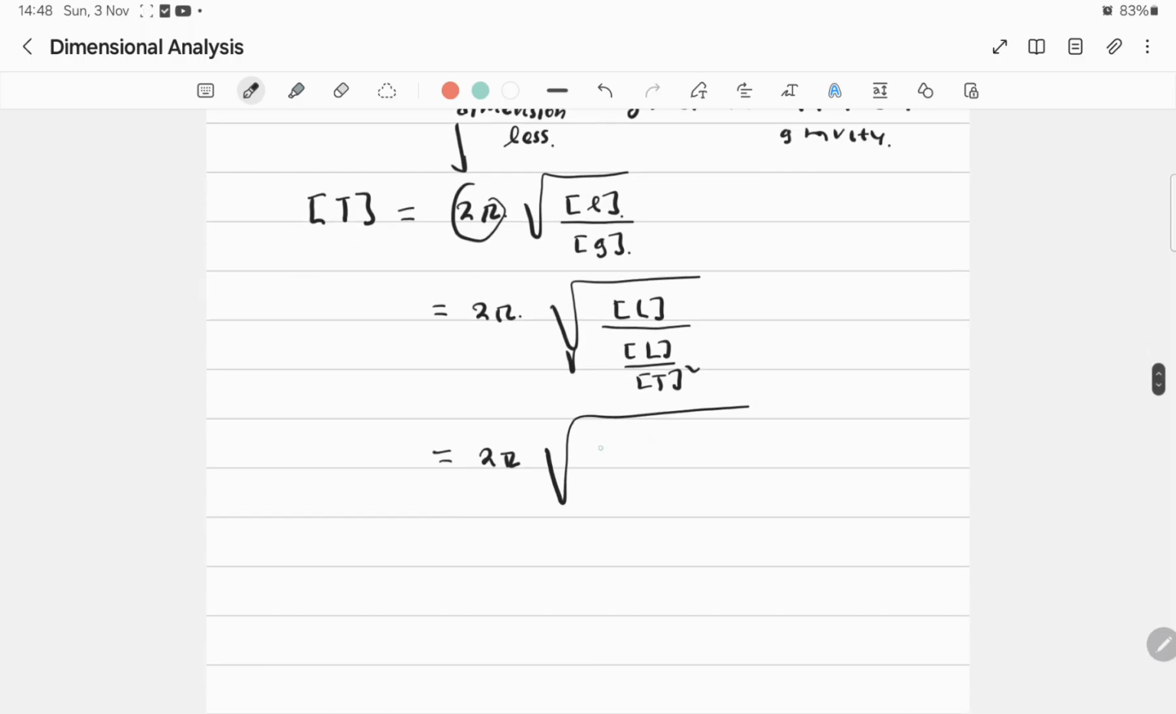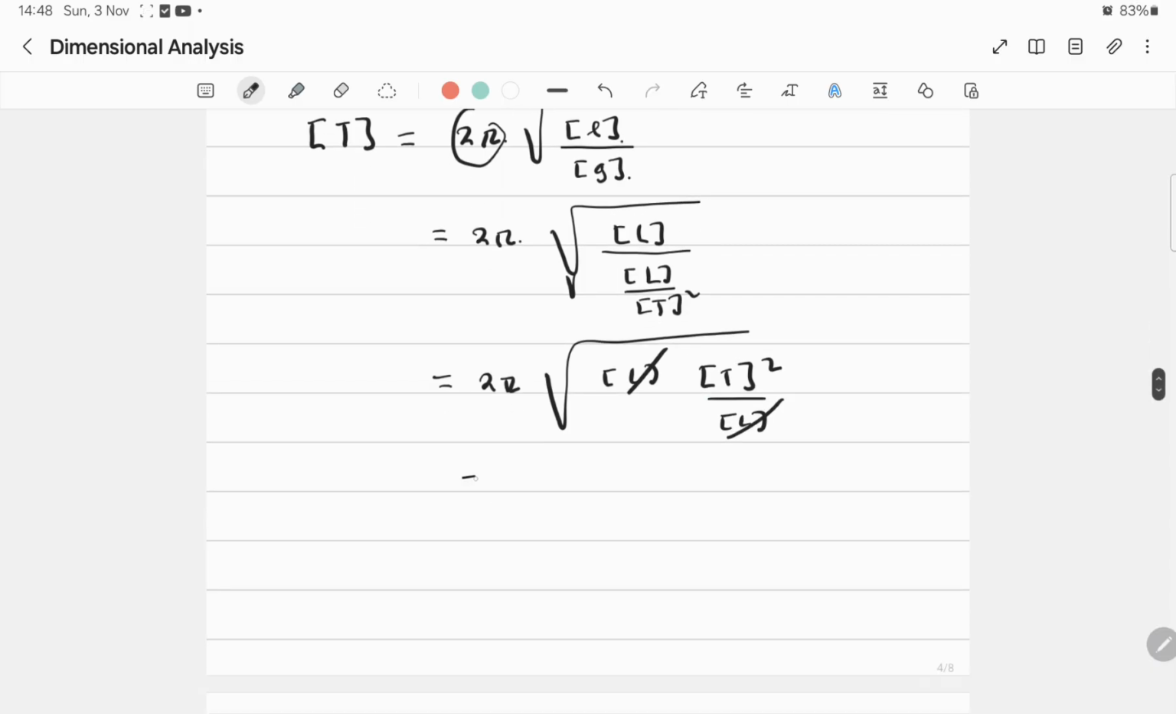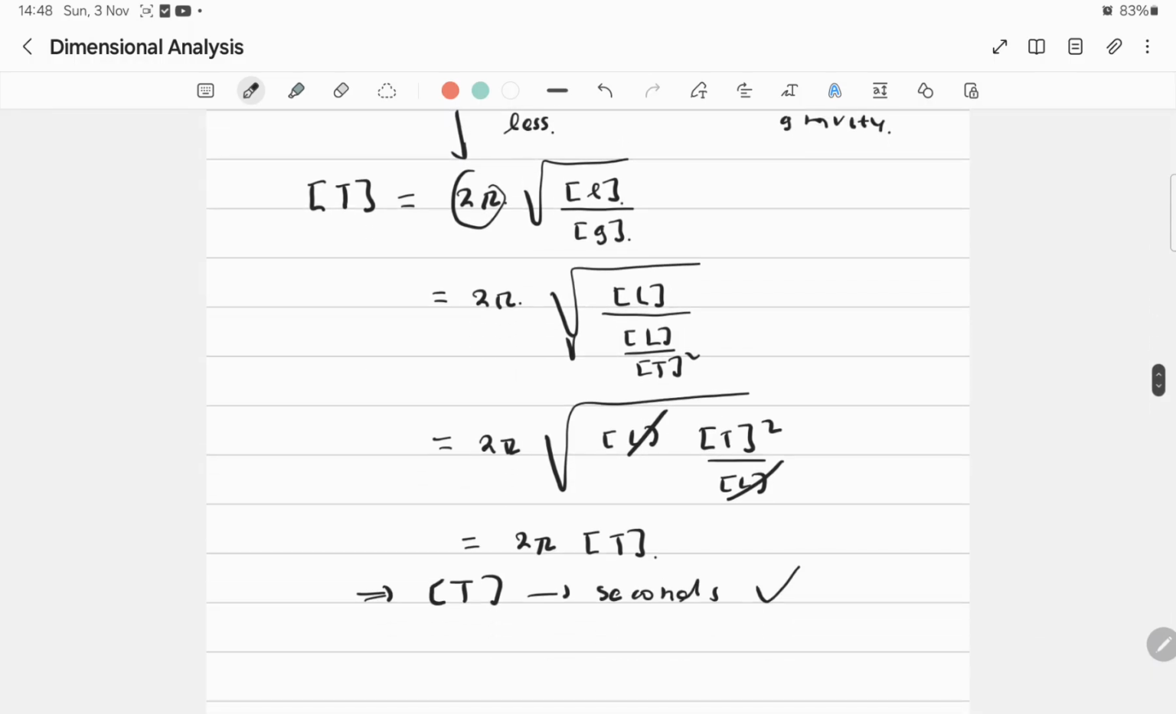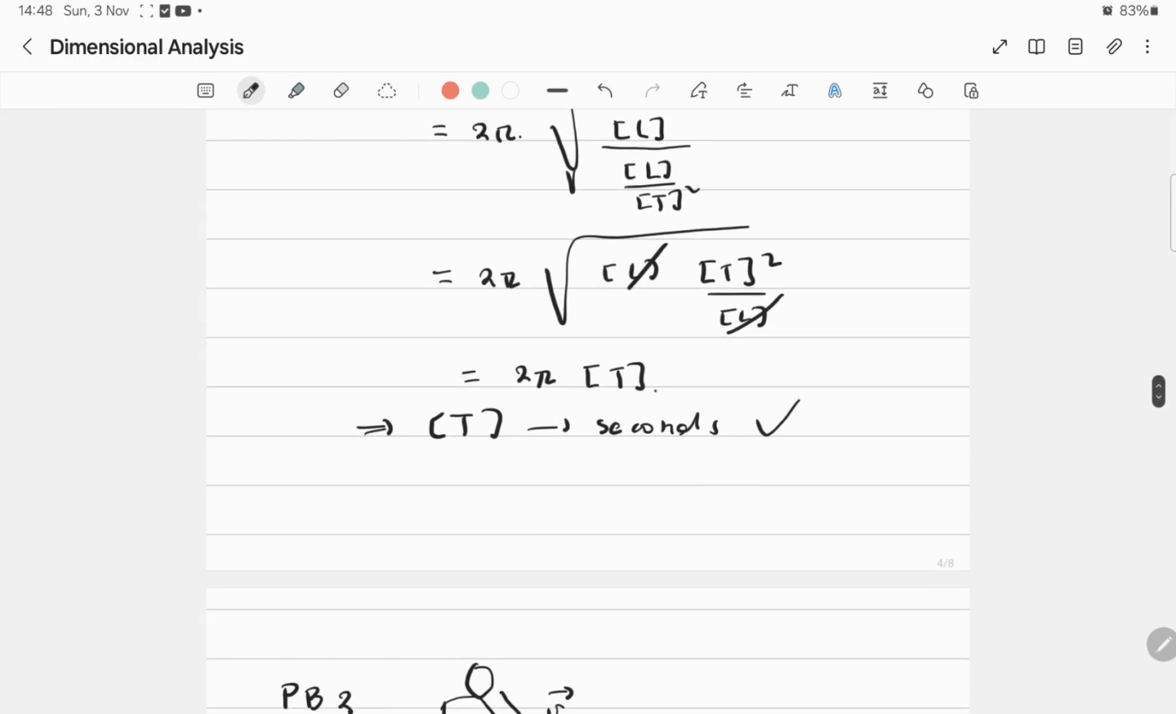Okay, now let's work this out. Let's simplify this. This is t squared over L. So we can cancel the L's and we have 2 times pi bracket t. So the t, the SI is in seconds. So the formula here makes a physical meaning